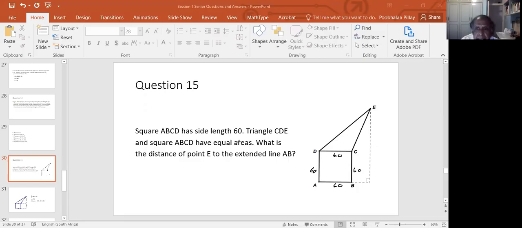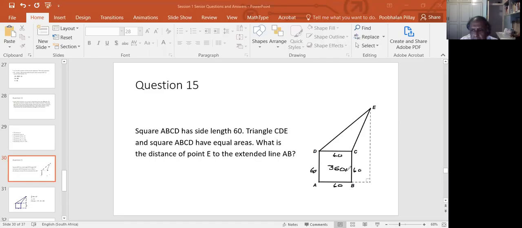And then a triangle CDE is drawn. You've got CD and you've got E up there, but they have equal areas. The area of this is equal to the area of this. This area here we already know because it's a square with side 60. So its area is